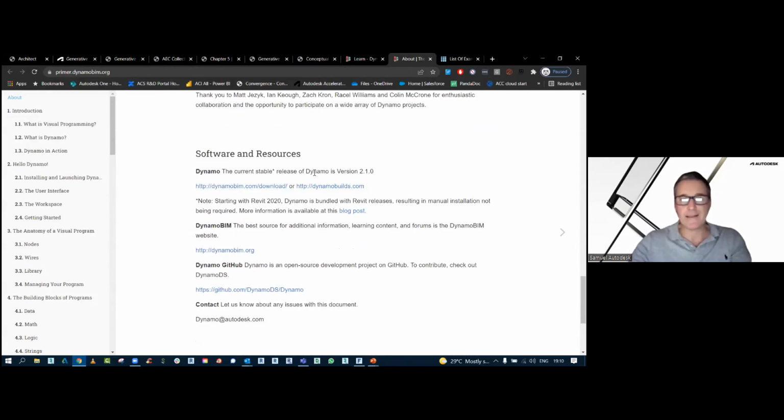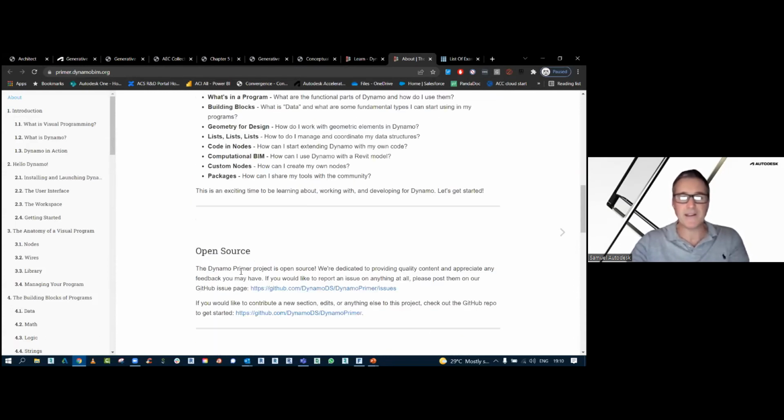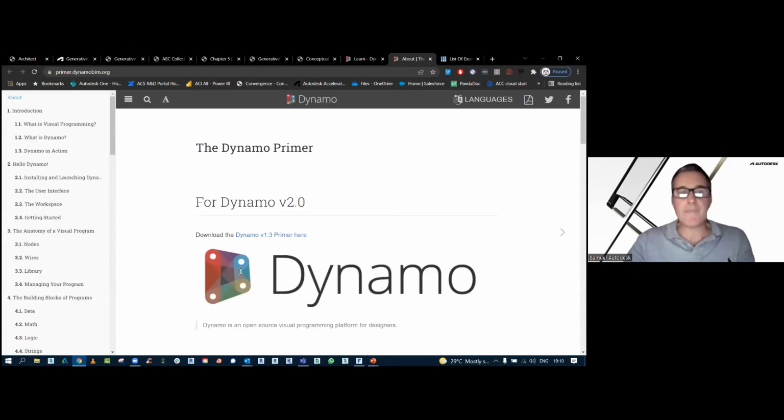It also has the software and resources, so you can actually download Dynamo Studio and run it on its own. There are other things you can do with builds. You can get into GitHub and start to adjust it. There are other sites as well that are very helpful.